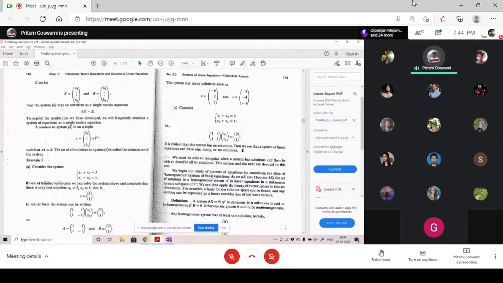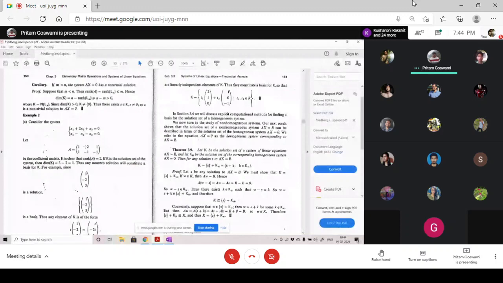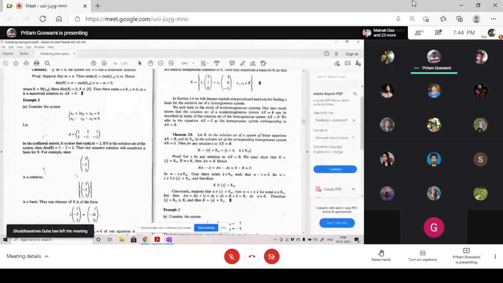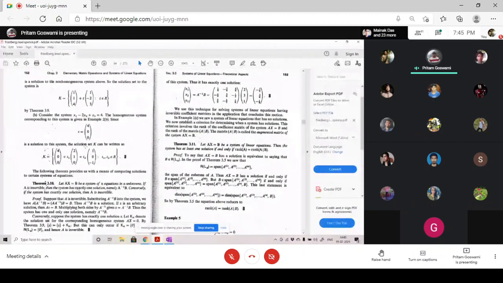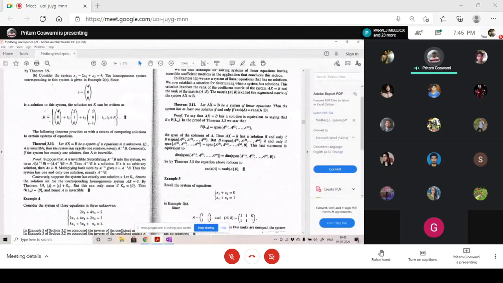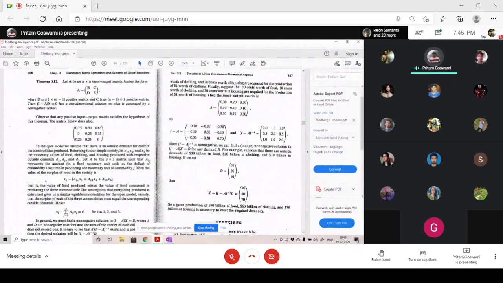And do you have the syllabus for this linear algebra portion? Do you know? Yes, sir, we have the syllabus. You have the syllabus, right? So there are determinants in the syllabus also, but I will not be teaching the determinant chapter because I think you have already studied that in your 12th or 11th, right? So I will not be teaching that.